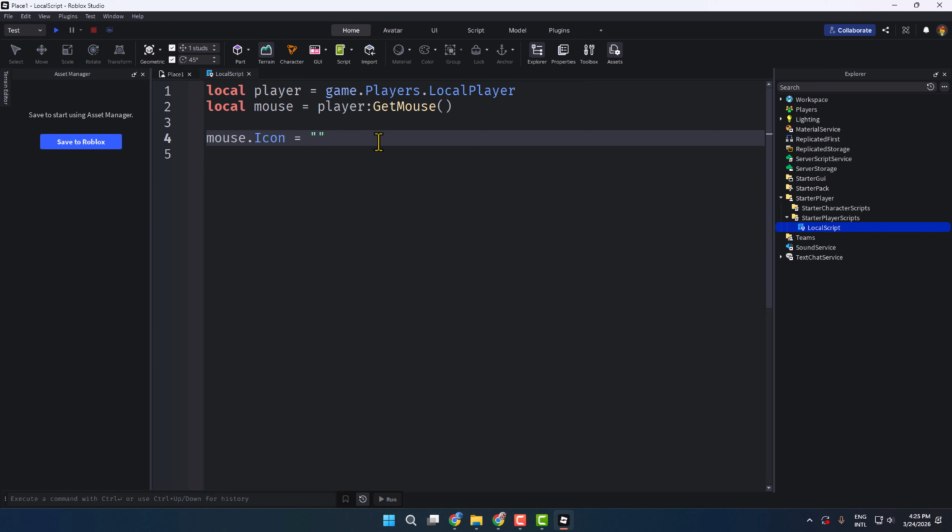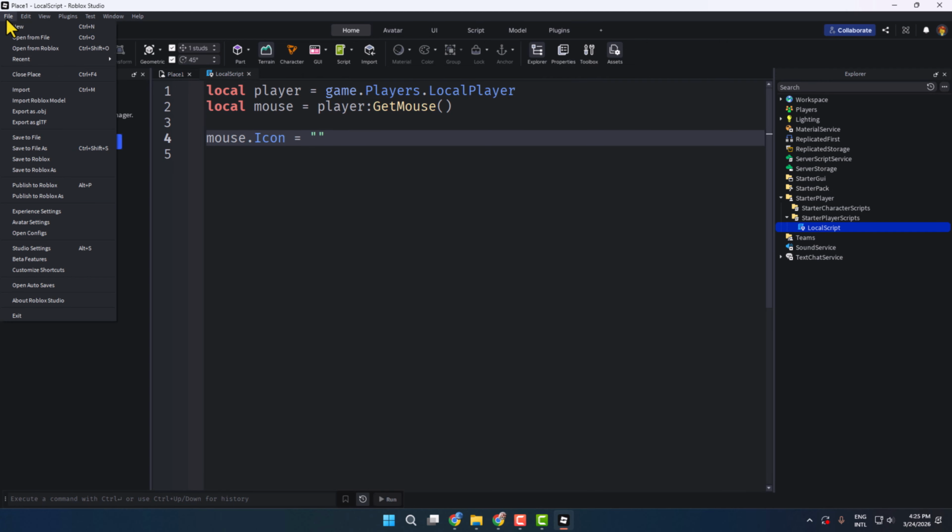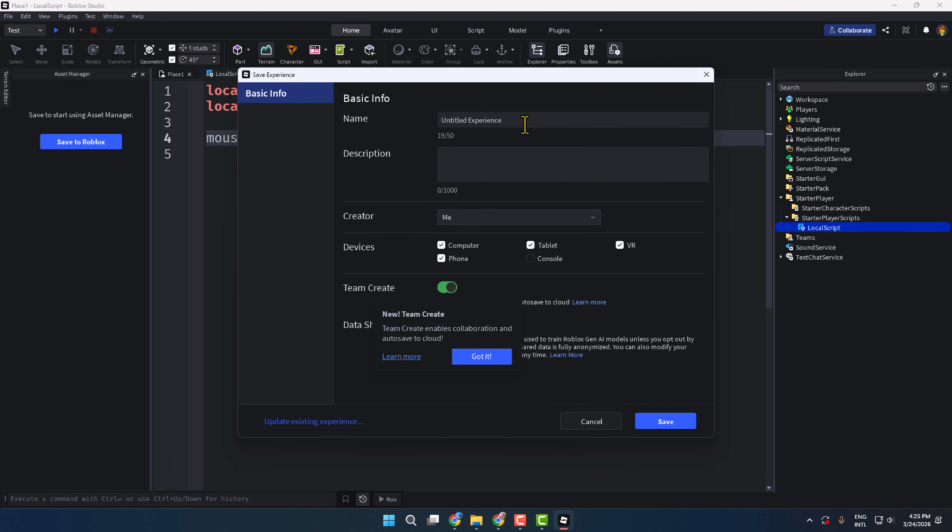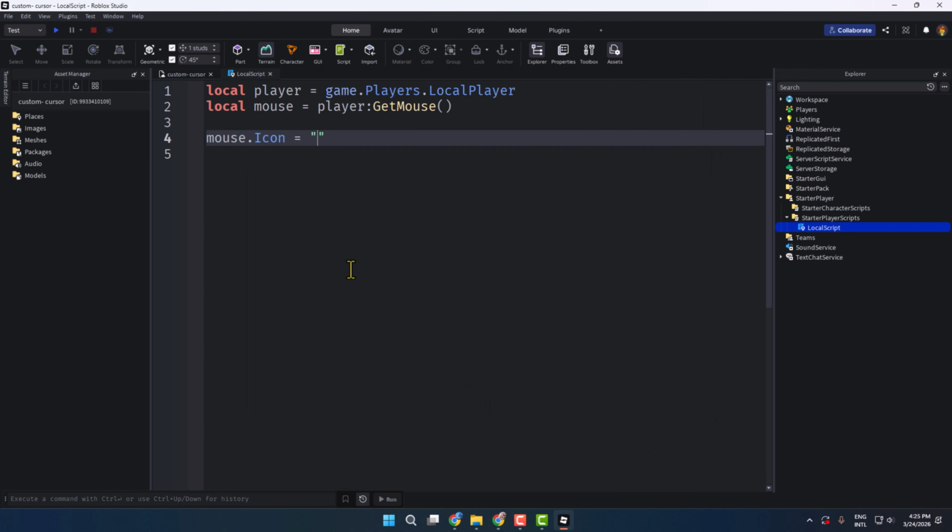Before that, we have to save it, so go to File and click on Save to Roblox, and here name it. I'm typing custom cursor, and you can adjust the settings, then click on Save. Once successfully saved,